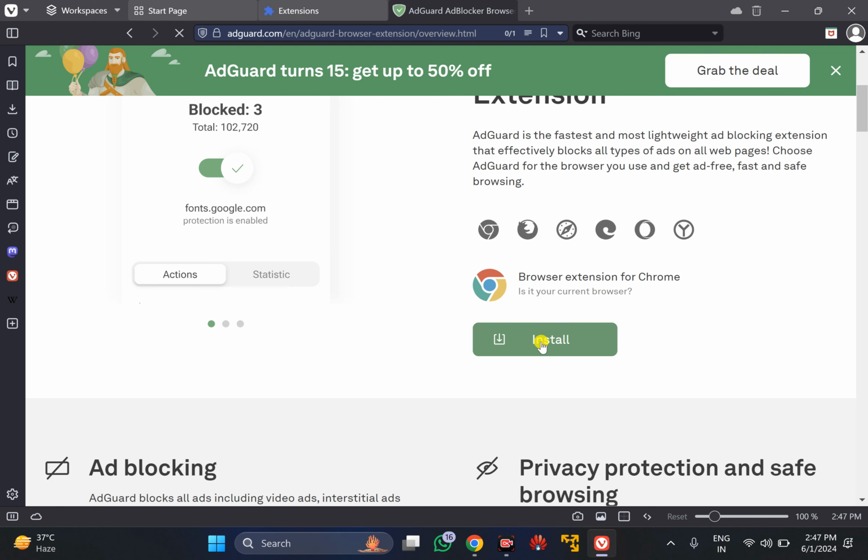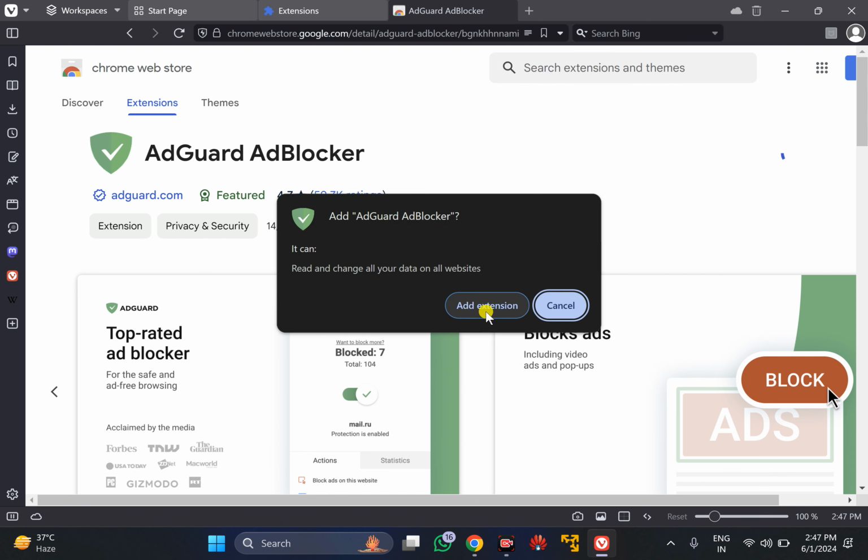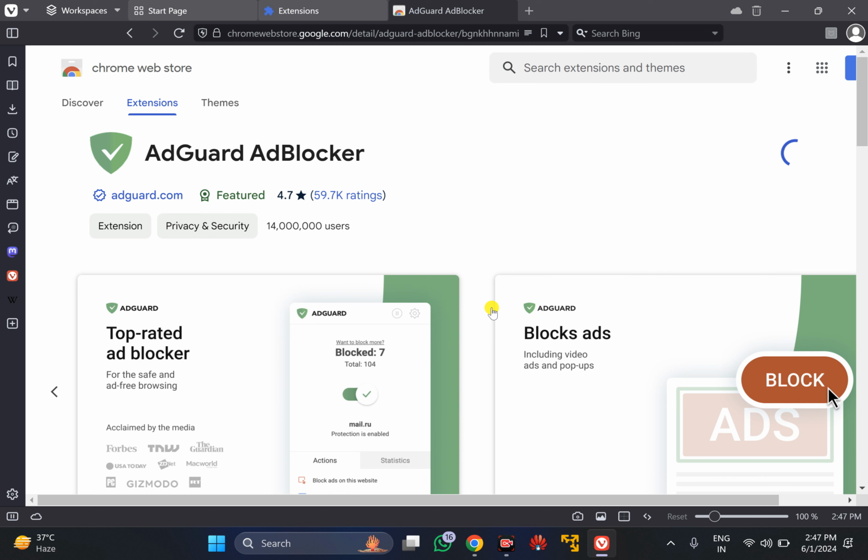This will open a new tab. Here you will find AdGuard ad blocker, and beside that just click on this one add to Chrome button. Again click on this one add extension in the pop-up window. This will download AdGuard ad blocker on your Vivaldi browser and automatically install it for you.